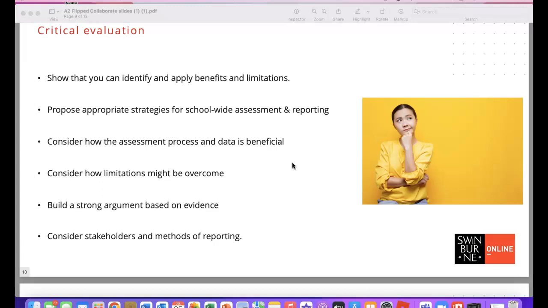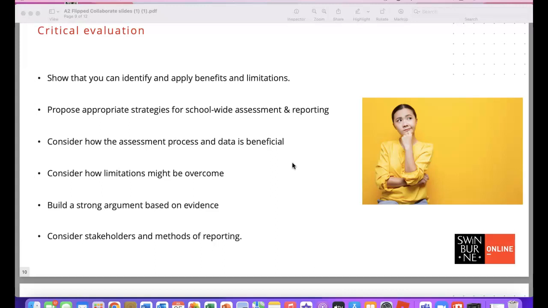Consider how the assessment process and data are beneficial. So you're really going to be focusing on that quality of data. If you have something like a phonological awareness screening test, the benefit of that data is that it tells you the phonological awareness steps that each child has taken and where they're up to. So if we think about phonological awareness being that umbrella term, thinking about things like syllables, onset and rhyme and alliteration, they are the first things that you are assessed on in that test. And it's sequential, so that you can then move the kids onto phonemic awareness, such as segmentation and